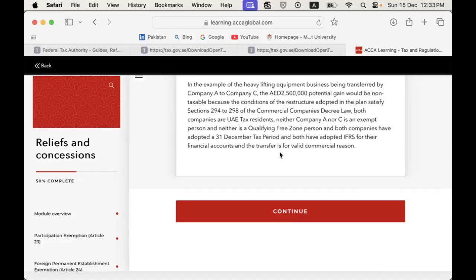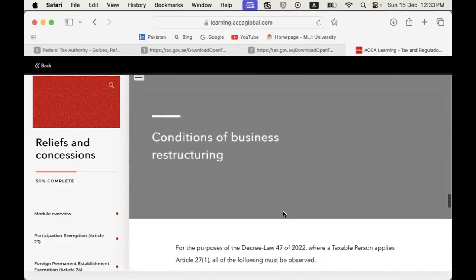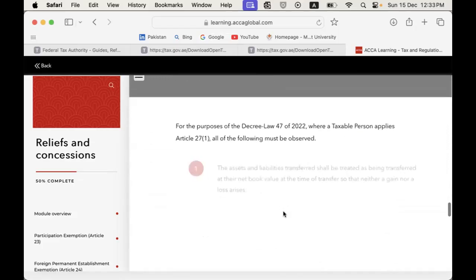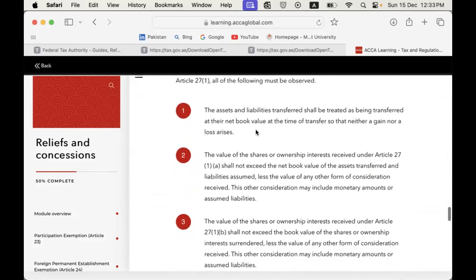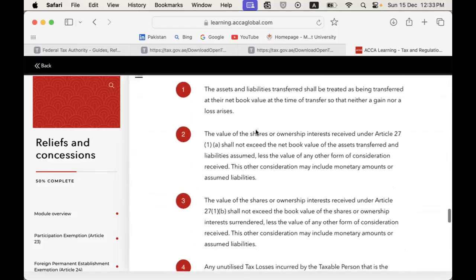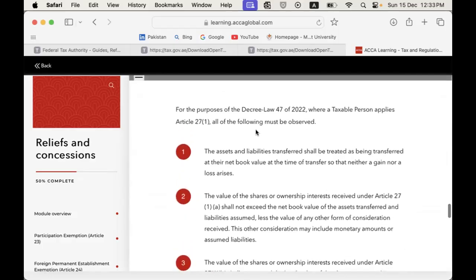Then the corporate tax exemption will be revoked. Okay, key point. Moving to the next: conditions of business restructuring. For the purpose of Decree Law number 7, where the taxable person applies Article 27, all of the following must be observed. What are these? The conditions of